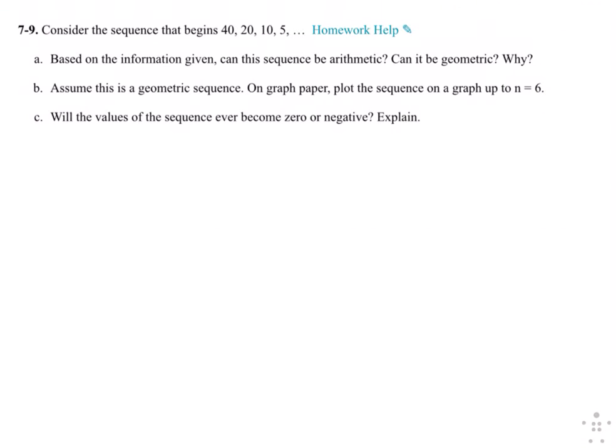Okay, for 7-9 it says consider this sequence. And A says, can it be arithmetic? Well, from 40 to 20 we subtract 20, but then from 20 to 10 we don't subtract 20, so it cannot be arithmetic. Right? No. And then geometric, we divide by 2, divide by 2, divide by 2. So geometric